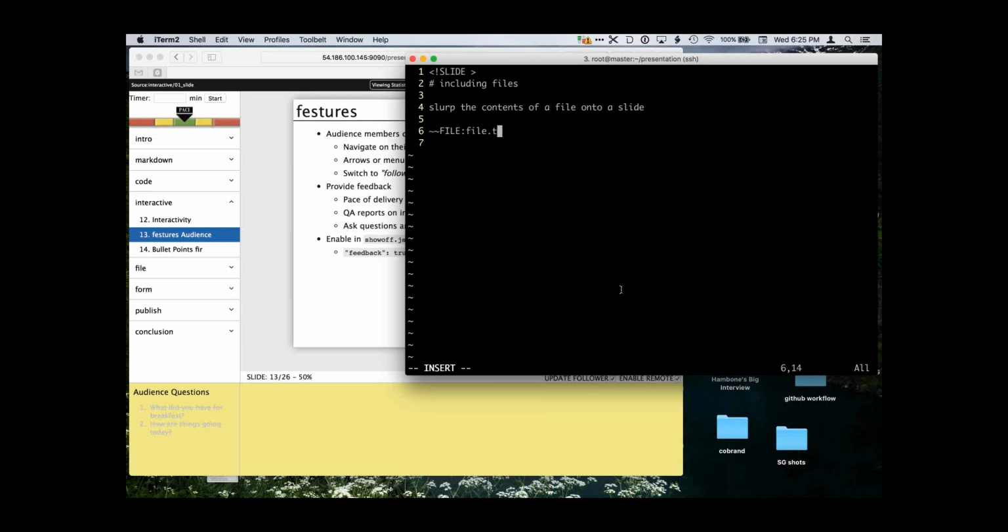File.txt. I can include syntax highlighting. There's a Ruby script, .rb, and I say I want that to be Ruby syntax highlighted.